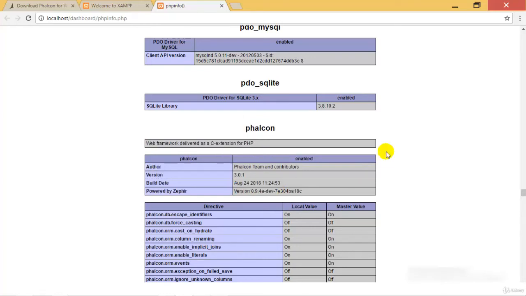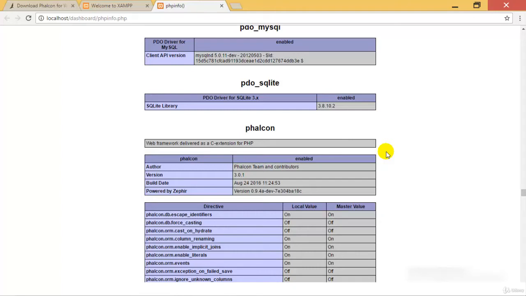So this is just a part of the installation. The other section which we need to understand is about creating a particular project in Phalcon. You need to create a web project and analyze how it has been done. For that, all you need to know is about the web tools, like the developer tools.